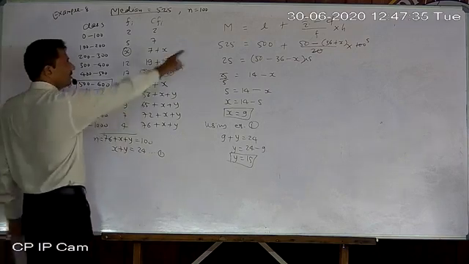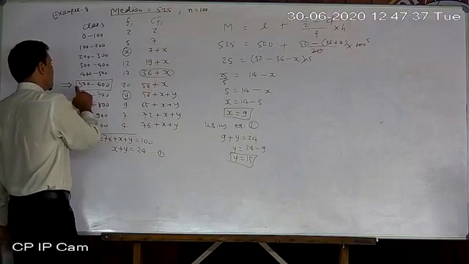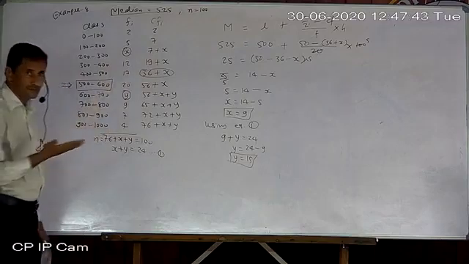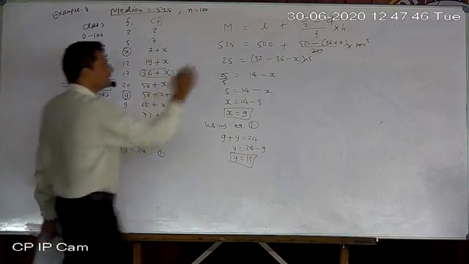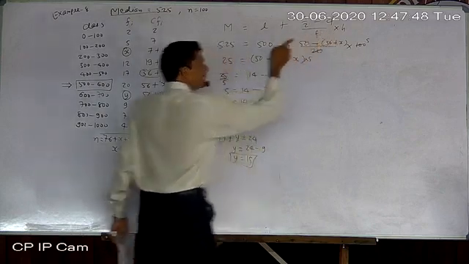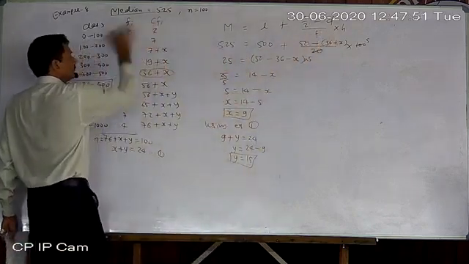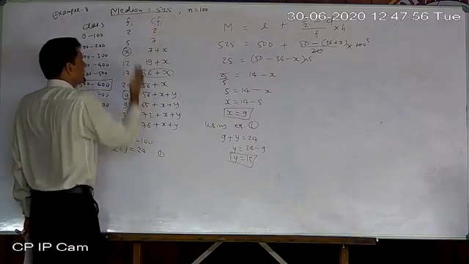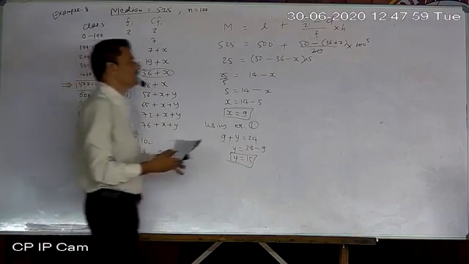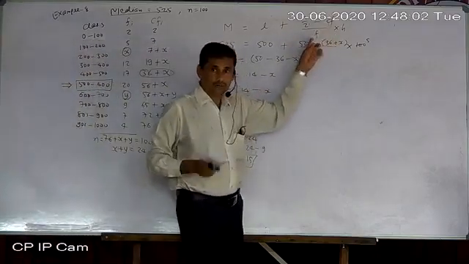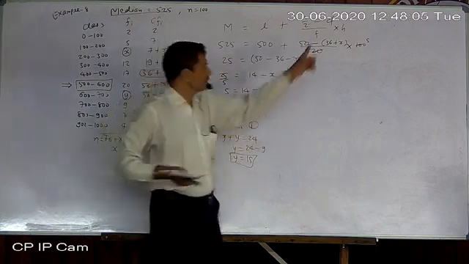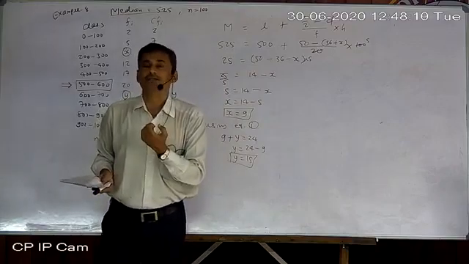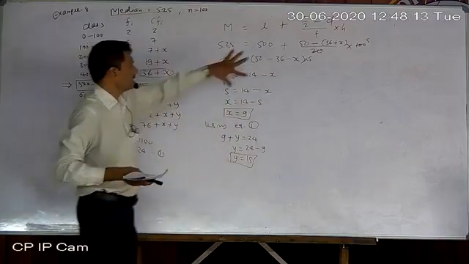Now write down the formula. All values will be from this row only, but one value will be from the previous class. Which one? CF. Don't write here CFI and FI. Why? CFI and FI are the names of columns only, not particular numbers. CFI means any CFI, FI means any FI. But here CF means a particular CF and F means a particular F only, not any F. So if you write CFI or FI, with I as a prefix or suffix, then it is wrong. So again keep that in mind also.